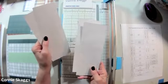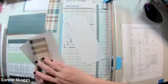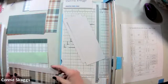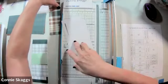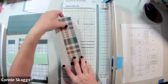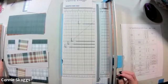Now 2 of these are for page 4 and 2 of them are for page 5. So we're going to take one of these. So let's just turn it this way. This is page 4. This will be page 5. So our next page